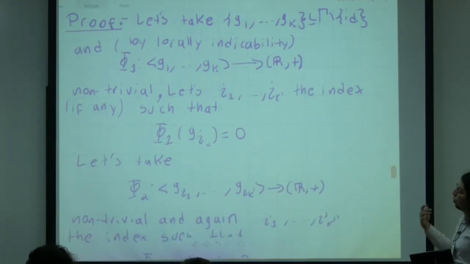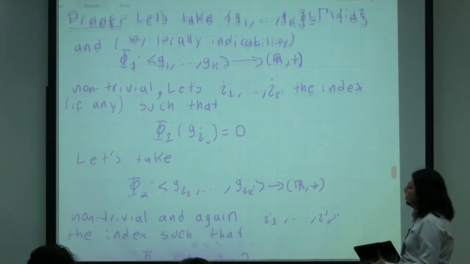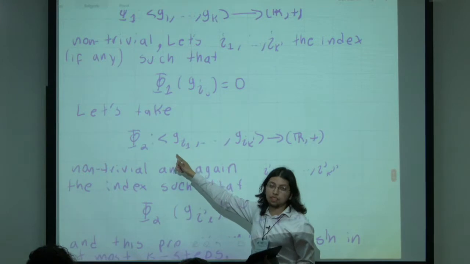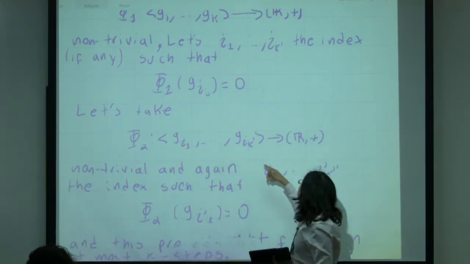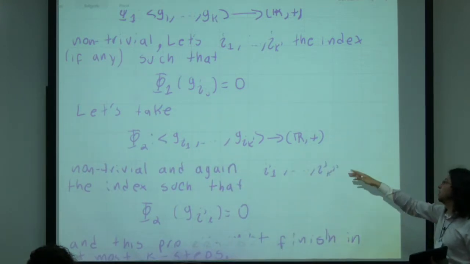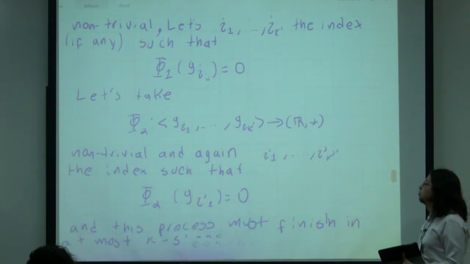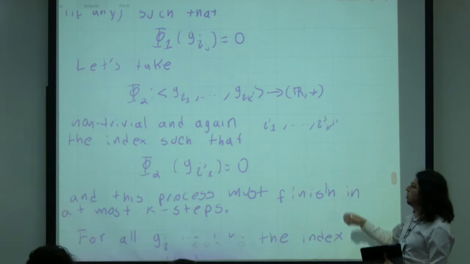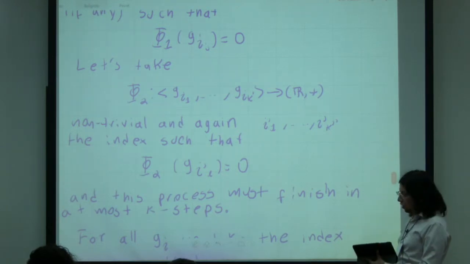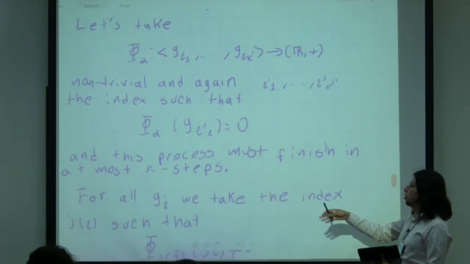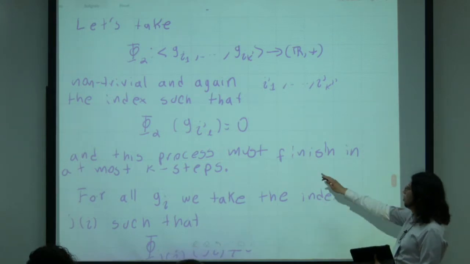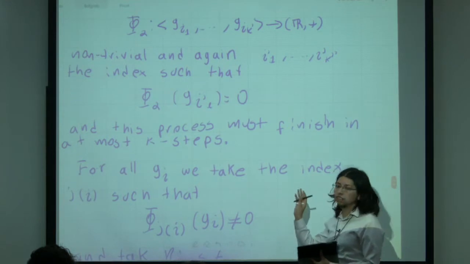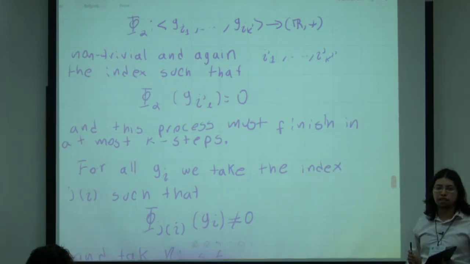So also by locally indicability, we have another map that maps this finitely generated subgroup in a non-trivial way to R, and we can follow this process and so on, and this process must finish because